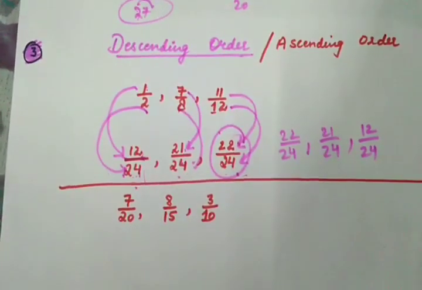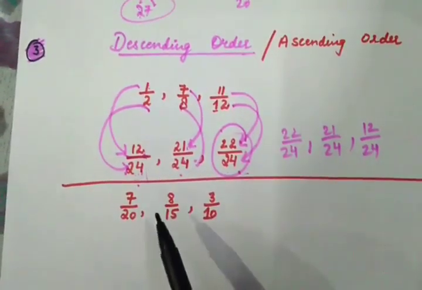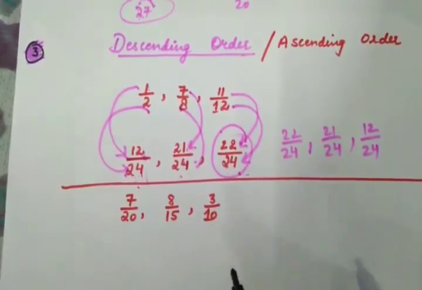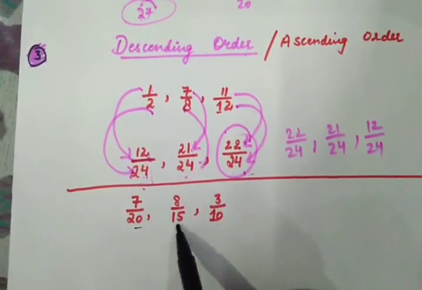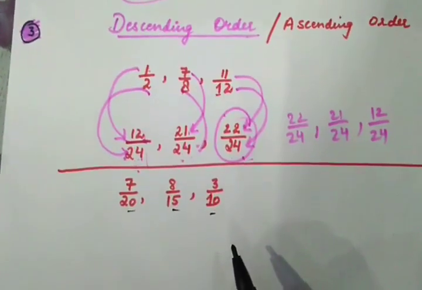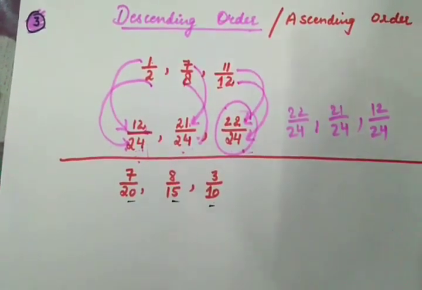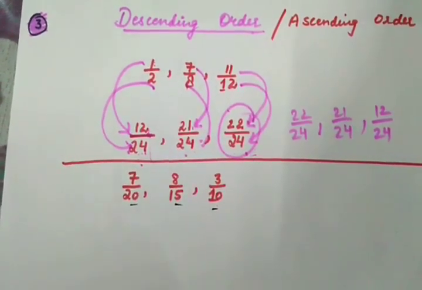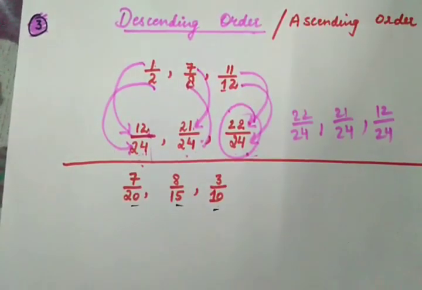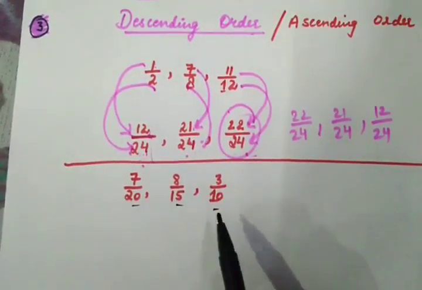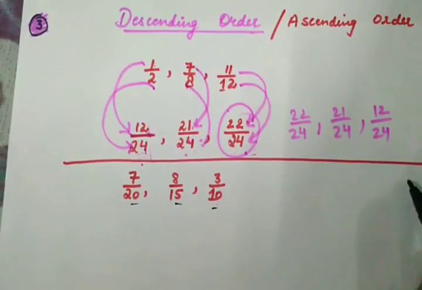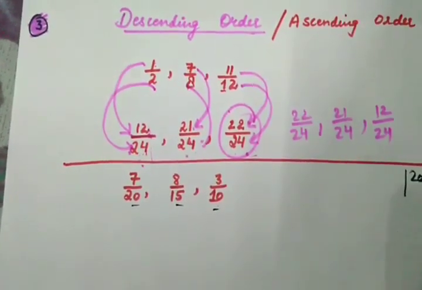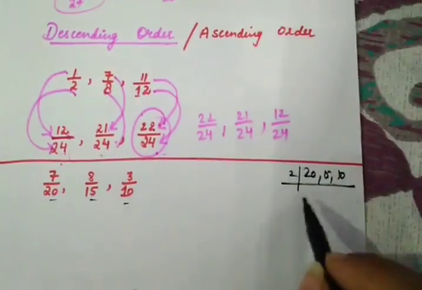Let's take one more question so that you don't find any difficulty while solving the first exercise. The numbers were 7 upon 20, 8 upon 15 and 3 upon 10. All the denominators are different. Obviously, you can't say which one is bigger and which one is smaller until and unless the denominators are same. So when you will take out the LCM, it will come 60. See, I know it directly, but those who are not able to solve directly, they will go by this procedure and you can find out.